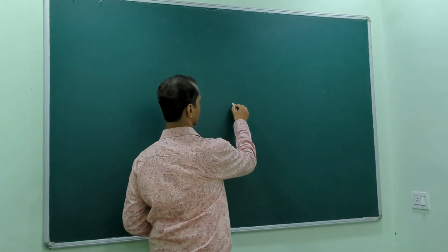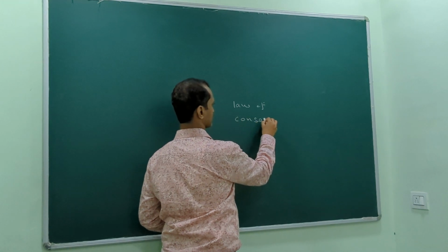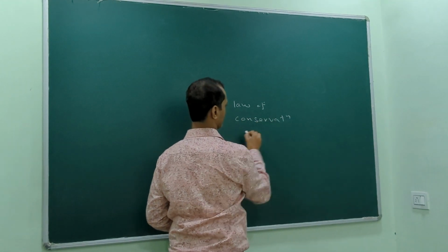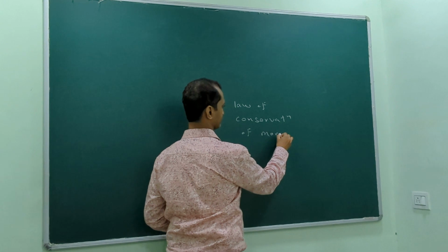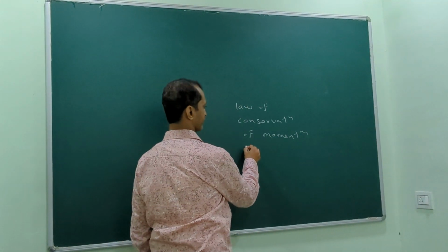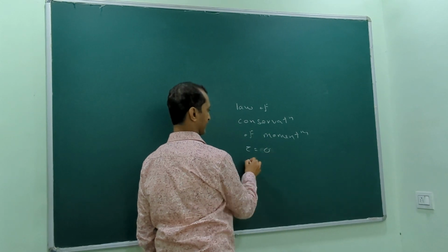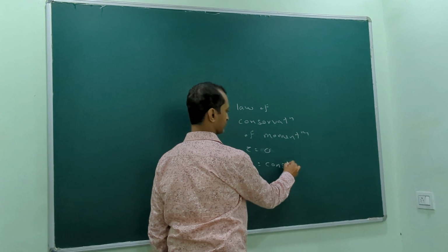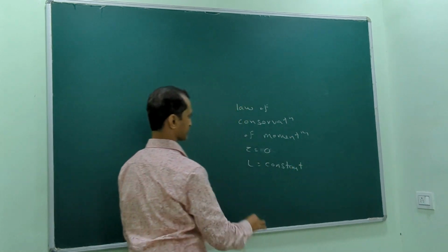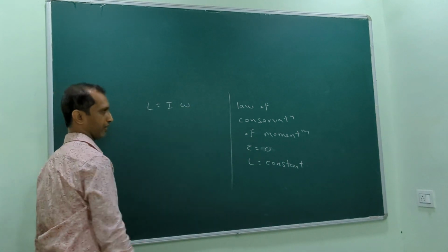Students, last time we have seen the law of conservation of momentum. Now what is the law of conservation of momentum? If no external torque acts, then the angular momentum remains constant. Now we know L is equal to I omega,